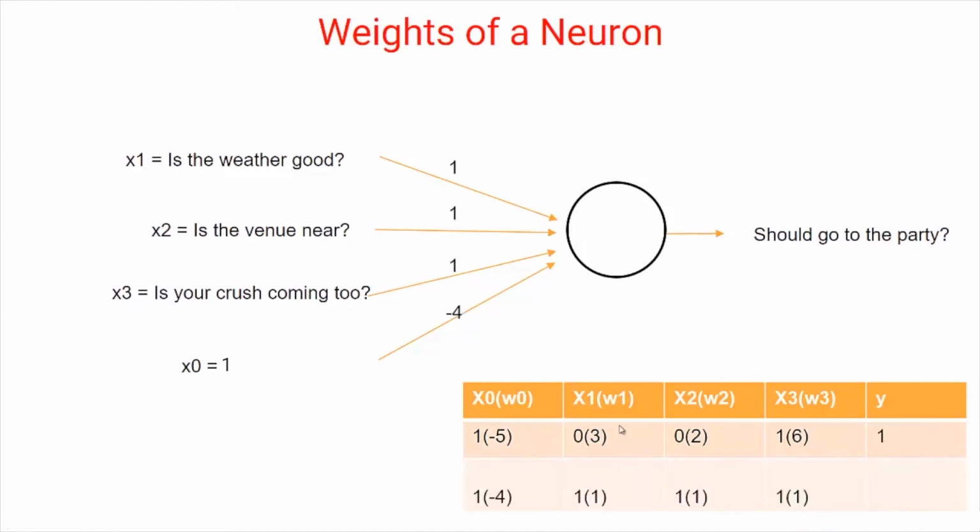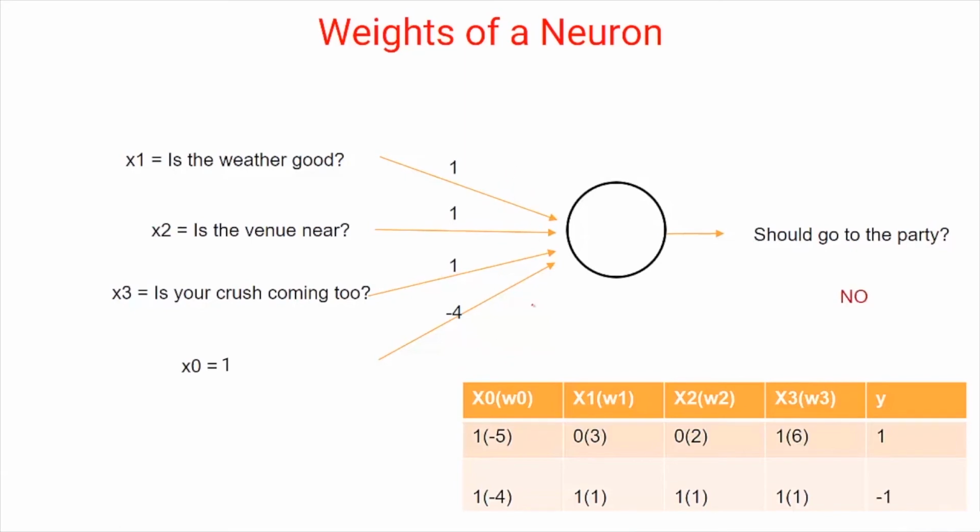Similarly, imagine you are sick today and no matter what, you will not attend the party. Then this situation can be represented by assigning equal weight to weather, venue and crush with the threshold of 4. Now in this case, we are changing the value of the threshold and setting it to a value of 4. So even if the weather is good, the venue is near and your crush is coming, you won't be going to the party since the sum, that is 1 plus 1 plus 1 equal to 3, is less than the